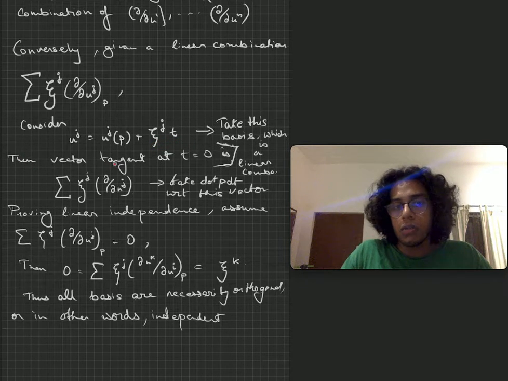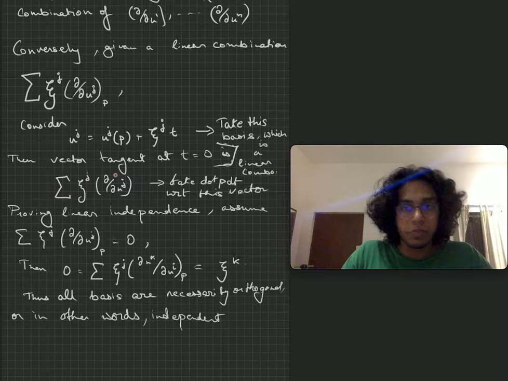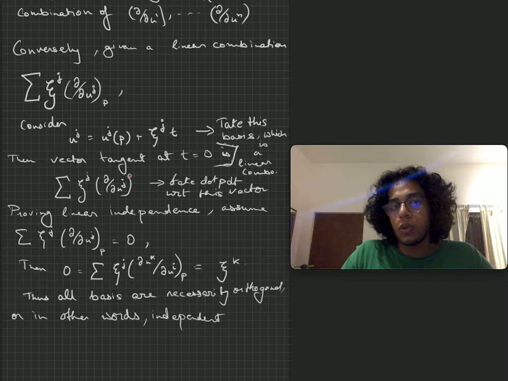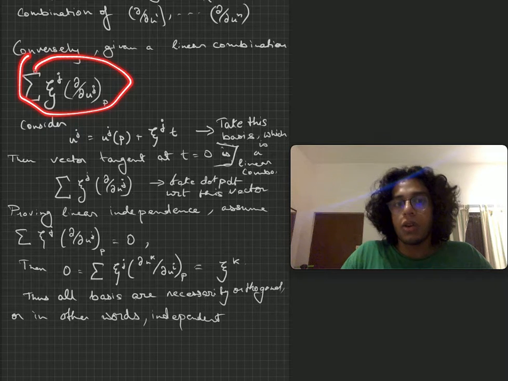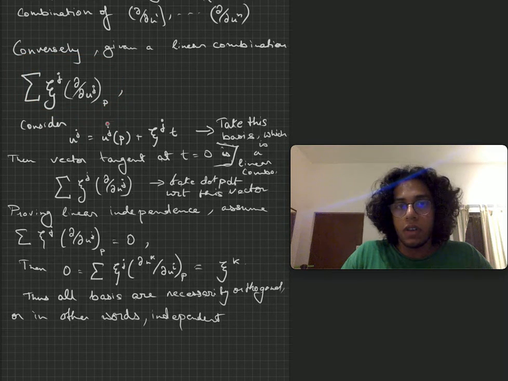So if you suppose the tangent is at t equal to 0, then the vector tangent is basically the summation of chi j dou by dou u j, okay? Because this other term goes to 0 because t is equal to 0, and then you have this, right? This ui is nothing but this, okay? So basically that is what we want to prove, right? We want to prove that ui of this is nothing but this. How do we do that?